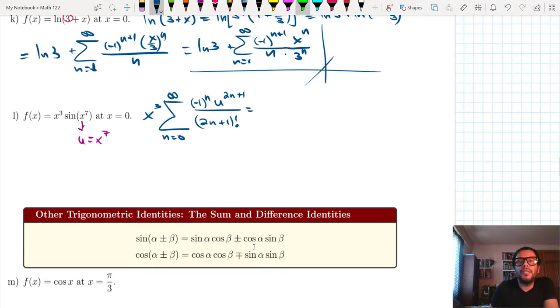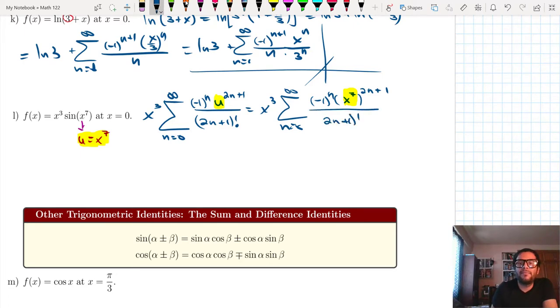But what is u again? Let's highlight where it corresponds to be a u. Don't forget this x cubed in front. And this is substituting negative 1 to the n, u to the 2n plus 1, where u equals x to the 7th, this one right here, divided by